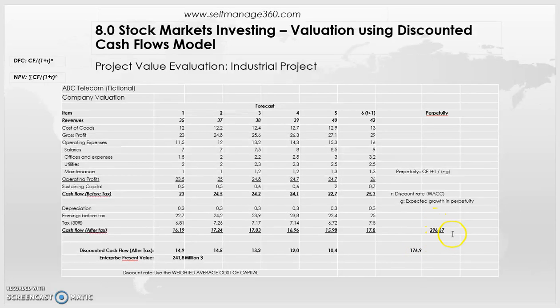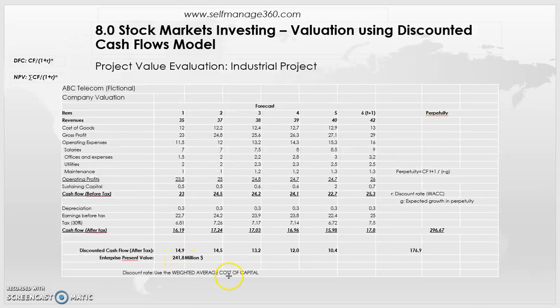its net present value. So again, I'm using that formula. Cash flow is 296.6 divided by 1 plus 9%, and n in that case it's 6, because I've used the 6th year to calculate it. Once I have this, for each year I have the discounted cash flow. The enterprise present value will be the sum of these. So net present value of the company will be the sum of the discounted cash flows. So I end up with 241.8